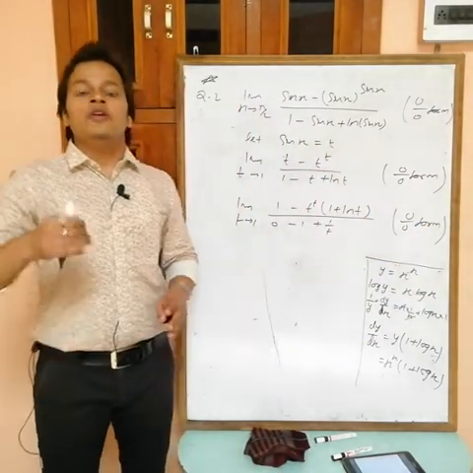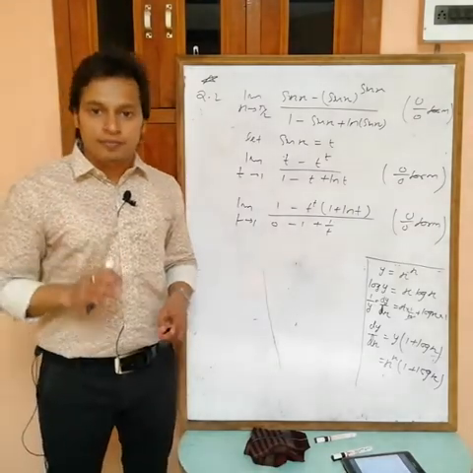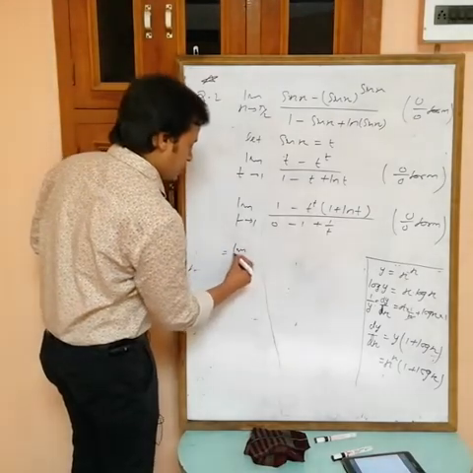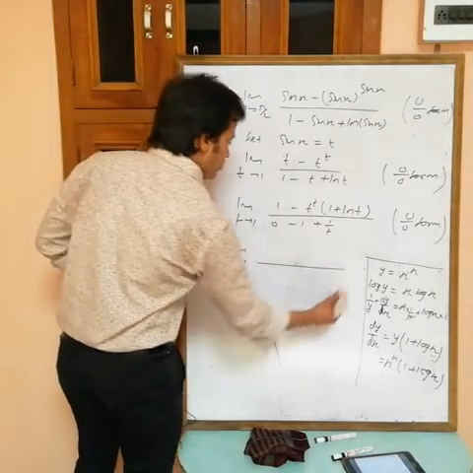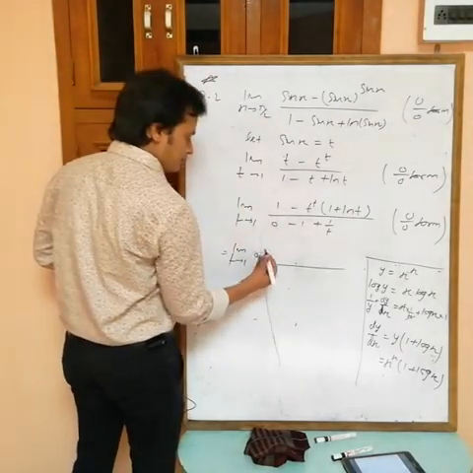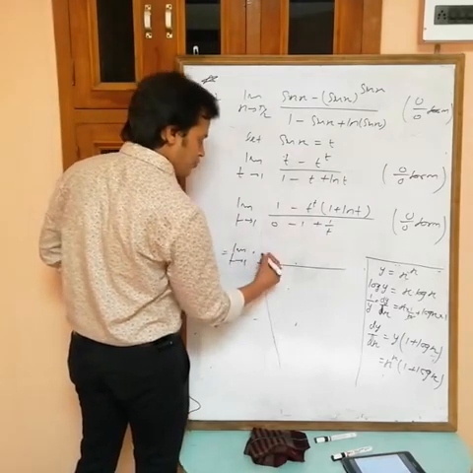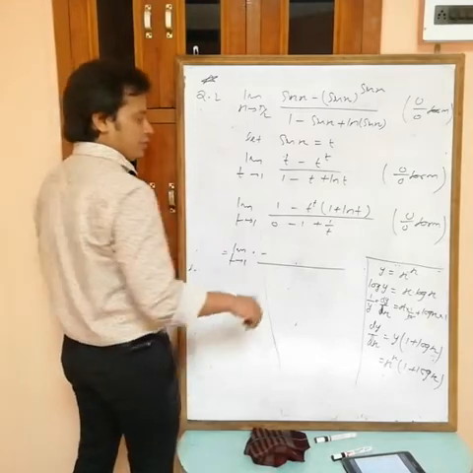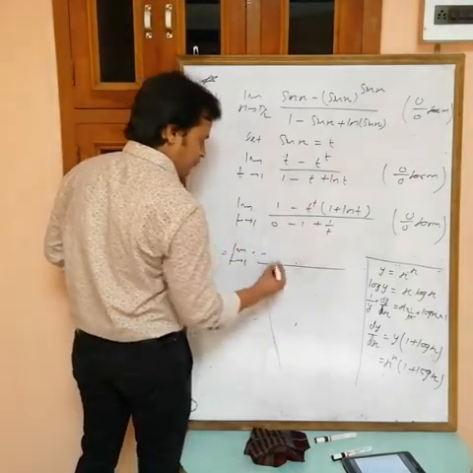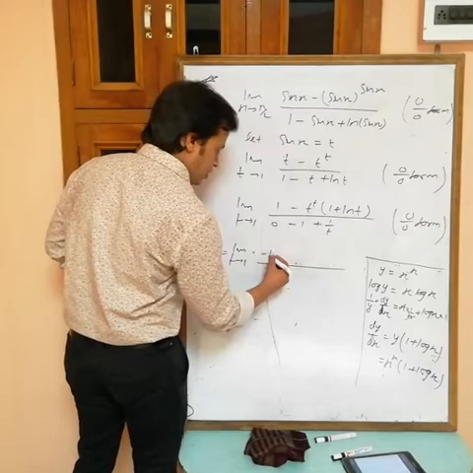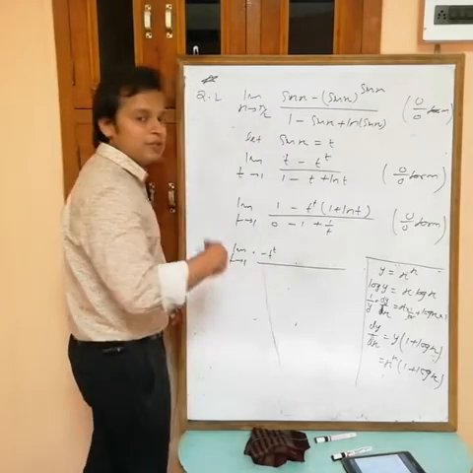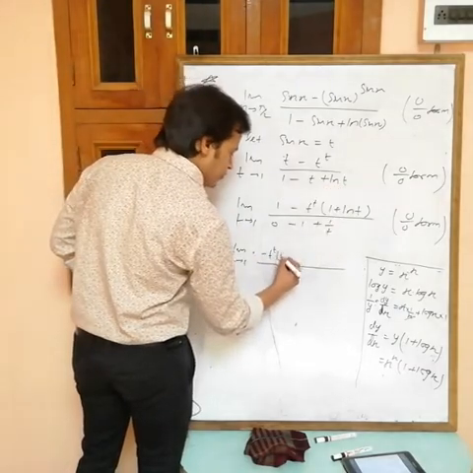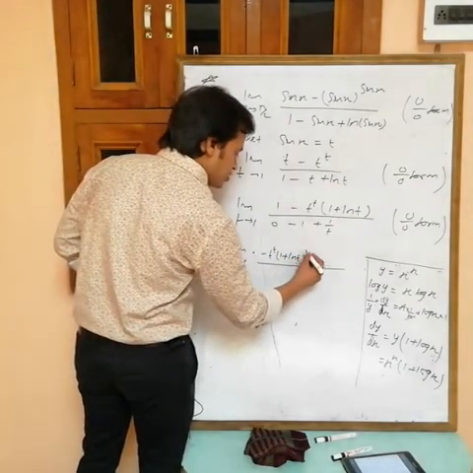No problem, we can use L'Hopital repeatedly. So again, limit t tending to 1. If I differentiate, the derivative of 1 is 0, so there is no need to write minus. For a product of two functions, at a time you can differentiate only one. So first I am differentiating this one. Differentiation of t power t is t power t into 1 plus ln t, into 1 plus ln t. What you will get? 1 plus ln t whole square.